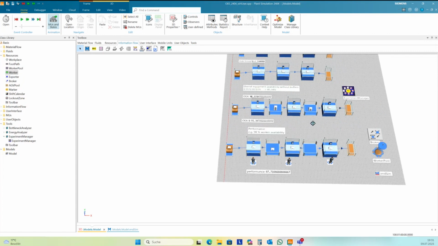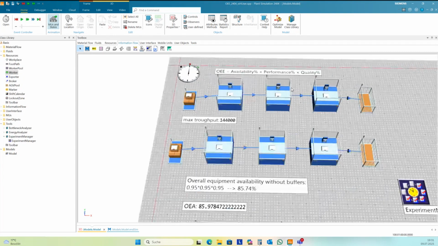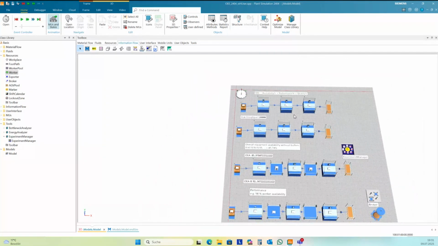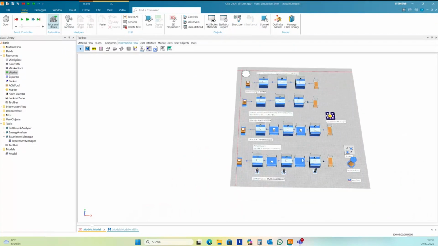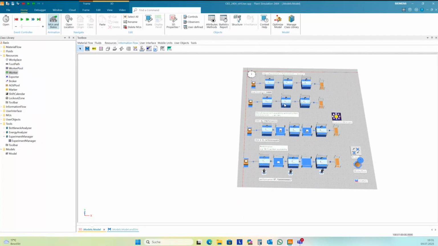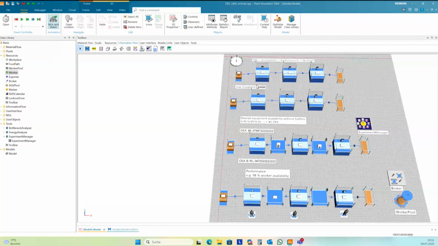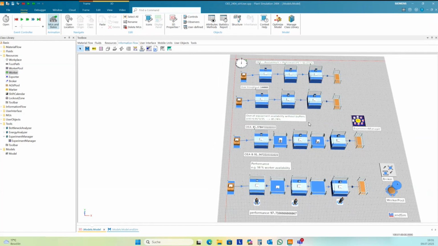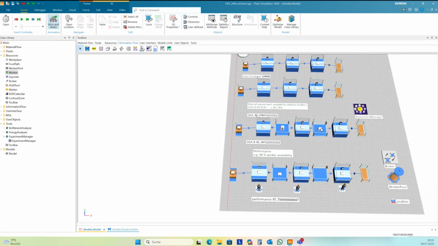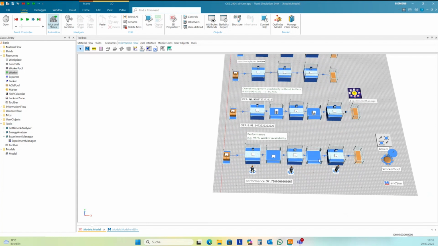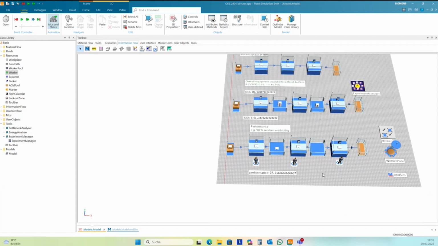The third element here is quality, and quality is just the calculation of how many of the possible parts come to the train, so we need to include here some quality losses, some scrap, into this calculation.